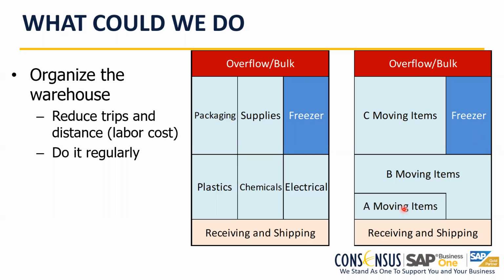Something that we suggest is run this ABC analysis. Do it, for example, before you do a cycle count. Do it before you have a high season, high seasonality sales in your business cycle. Or if you do a lot of deliveries on Mondays, then use Friday to reorganize the warehouse: run the ABC, reorganize the warehouse, make sure that you have all the items in the correct location. So when you start doing the picking and the shipping, the productivity of the personnel at the warehouse is increased.